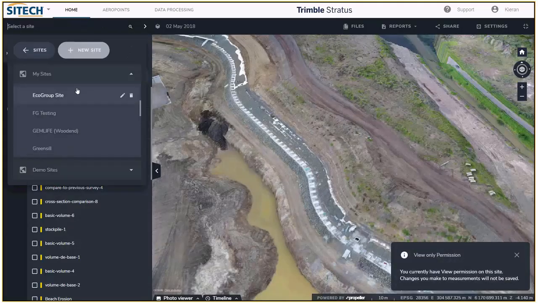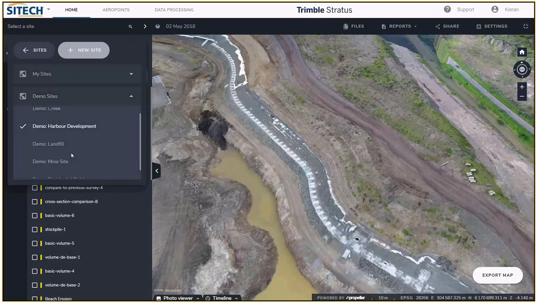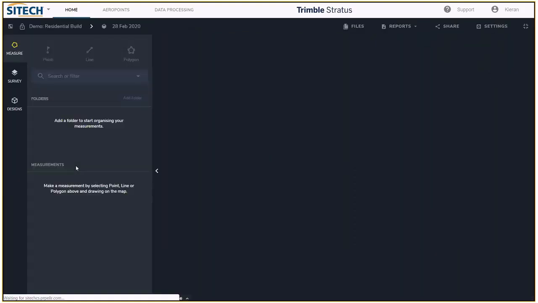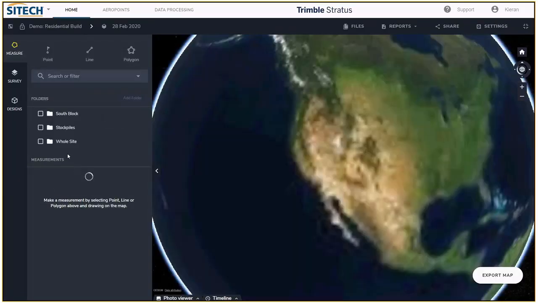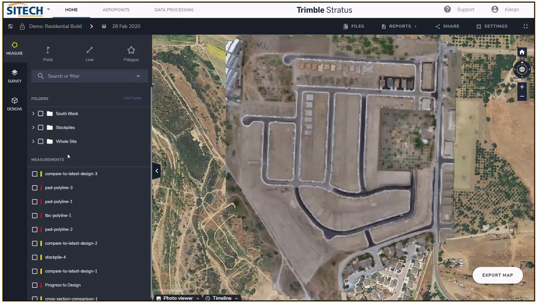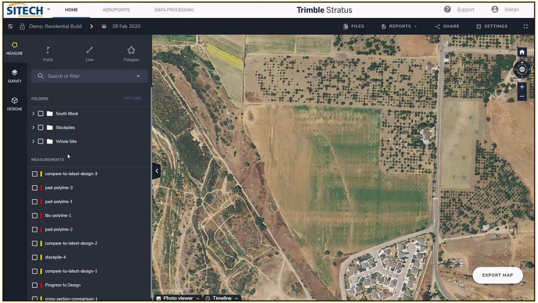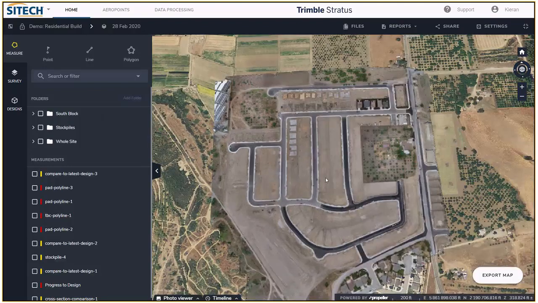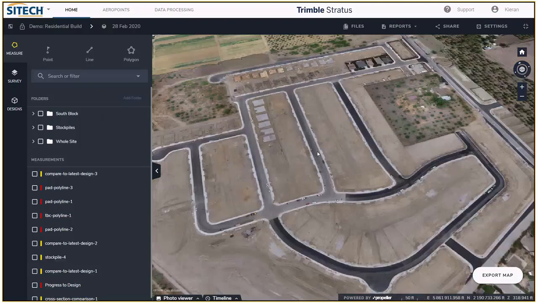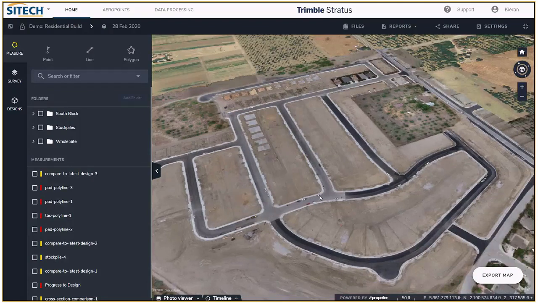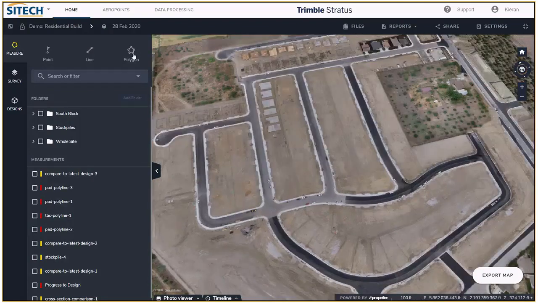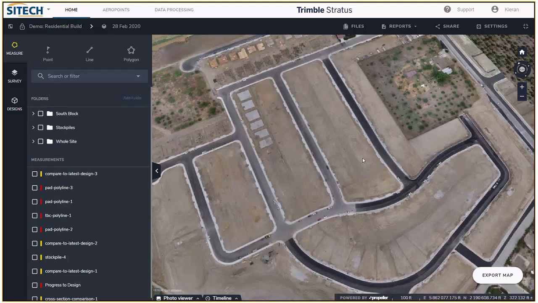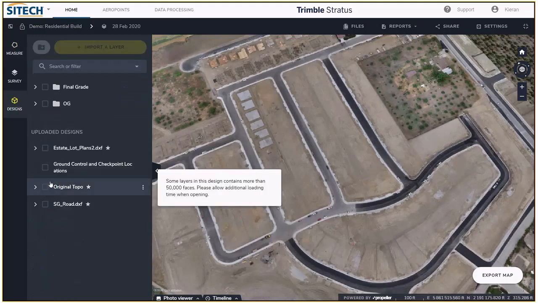I'm going to take one more site example just to show a couple of features that have been uploaded into this one. There we go. So, residential build over in the US. I won't bother giving you too much background on the site. Suffice to say that there is a